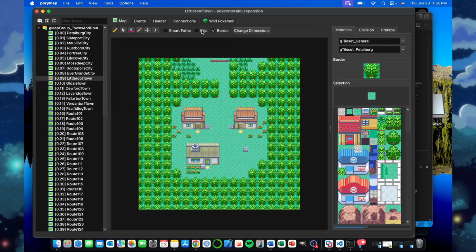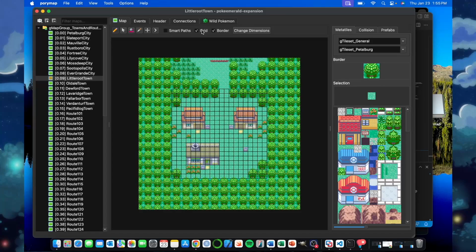Sometimes I'll turn the grid off if I just want to see what the map will look like in the game. But then the grid's on. Right now I have, I think it's called the player view rectangle. In this case it's V. I have that clicked on so you can